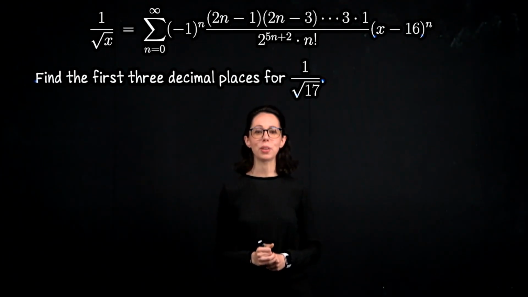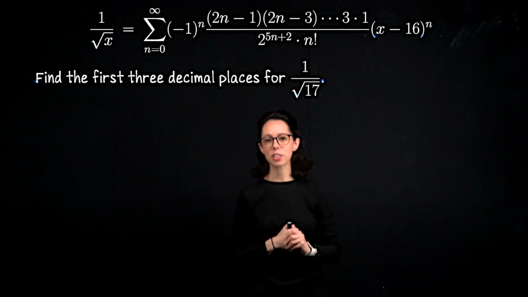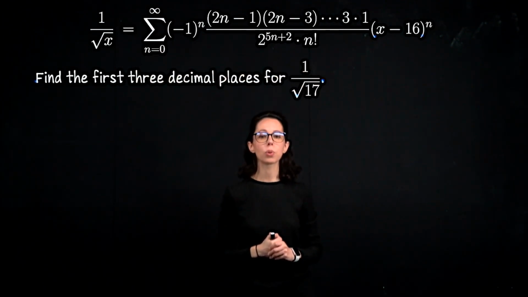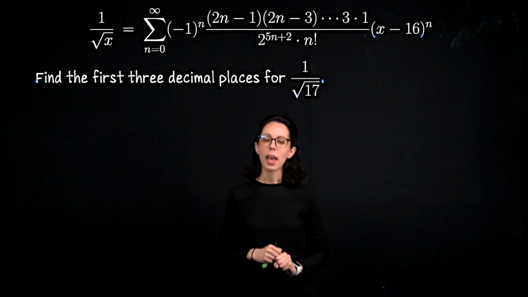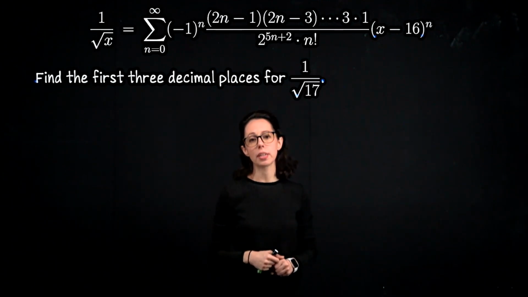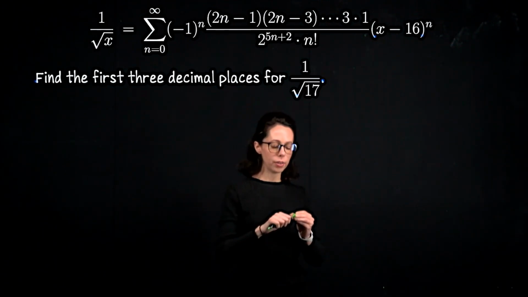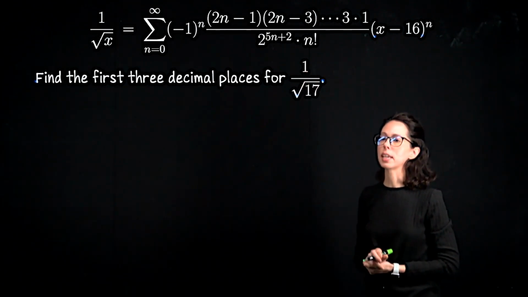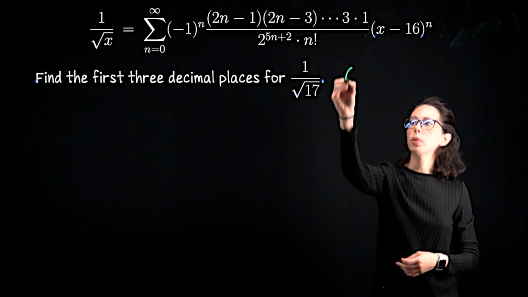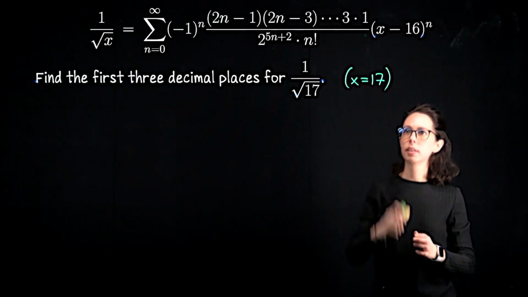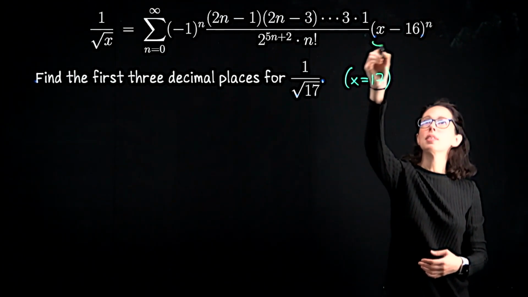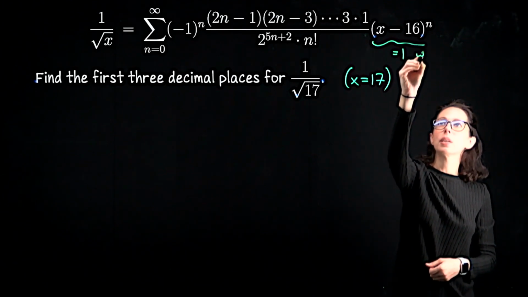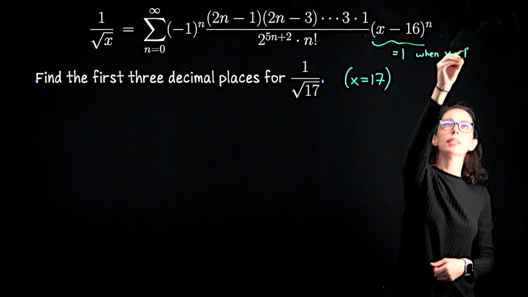Let's finish this example by using it. So at the top here, I've put the Taylor series that we've worked out for the function f of x equals 1 over the square root of x, centered at x equals 16. We are going to use this series now to approximate 1 over the square root of 17, and we want to do that in such a way that tells us that our first 3 decimal places are correct. What we can do now is say that 1 over the square root of 17 is like f of 17. So we'll let x equal 17 in the line above. Fortunately, what that means for this final term is that it's always 1. So this last part here equals 1 when x equals 17. So that's good news.